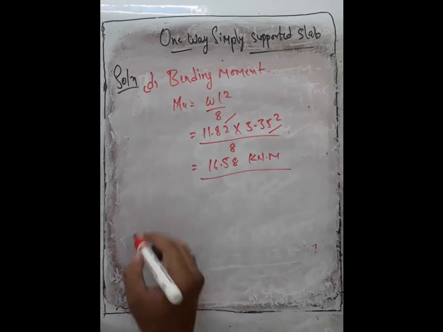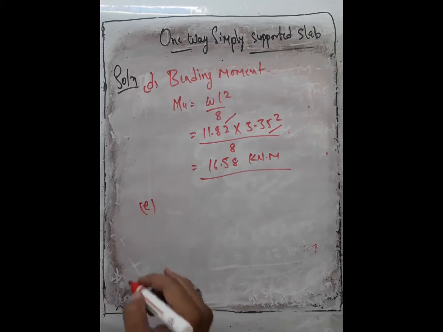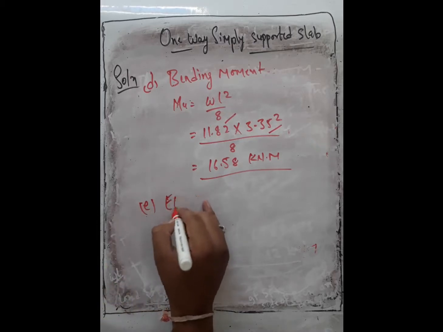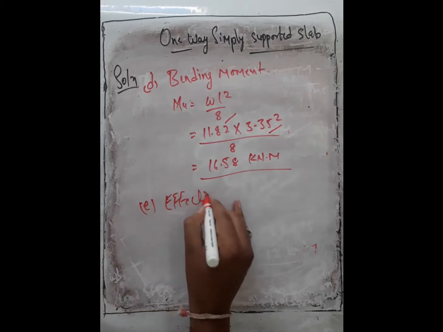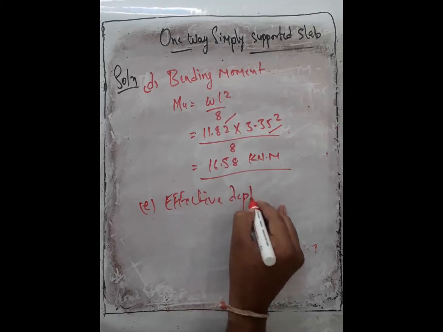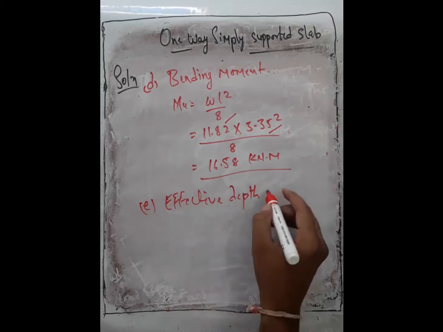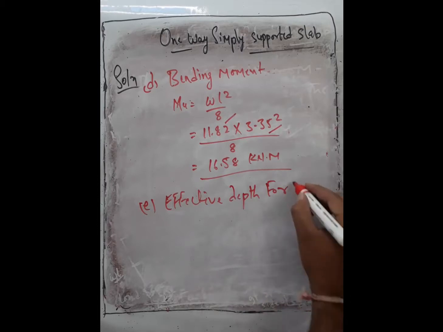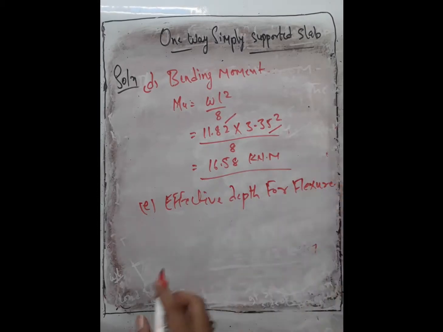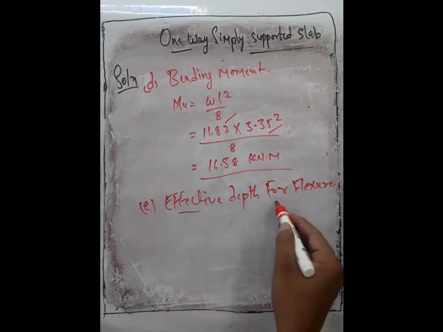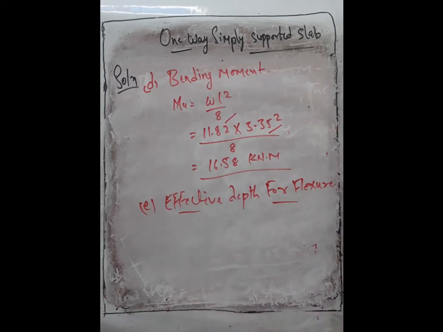Okay, now step number third, what we have to do, we have to check the effective depth, because in the first criteria we assume the depth, means we have to take the assumption for finding the depth in our first step, but here we have some values. With the help of that value we find the depth and compare with our first value to see whether it's okay or not.